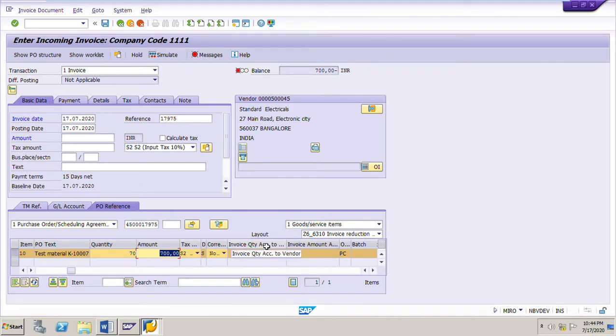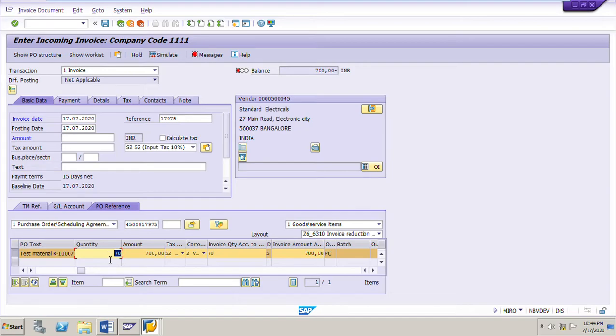To correct this invoice, to reduce the invoice, we have to select the correction ID number 2, vendor error, reduce invoice. Now we can change the invoice system amount and system quantity, and also the invoice quantity according to vendor and the invoice amount according to vendor. We have decided to post the invoice for the full PO quantity of 100.